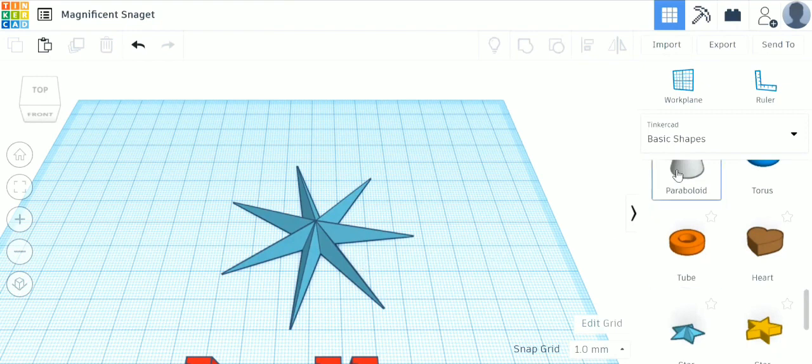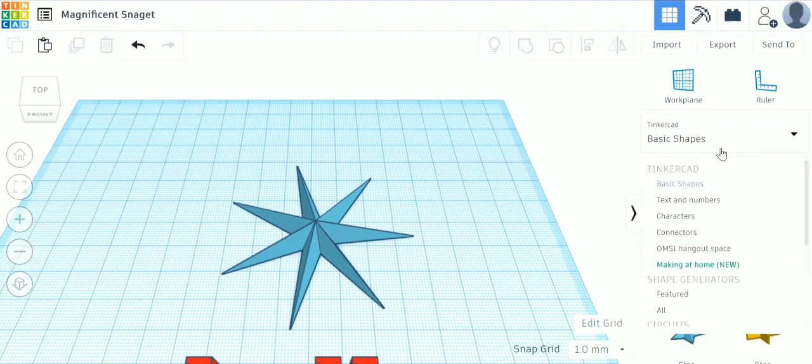Now all these were basic shapes. There is a hell lot of more things that you can see in this drop down menu. You can use all these shapes at your disposal, so without creating anything you have tons of options to start your work with. Now the next thing we are going to see is how to move different objects.